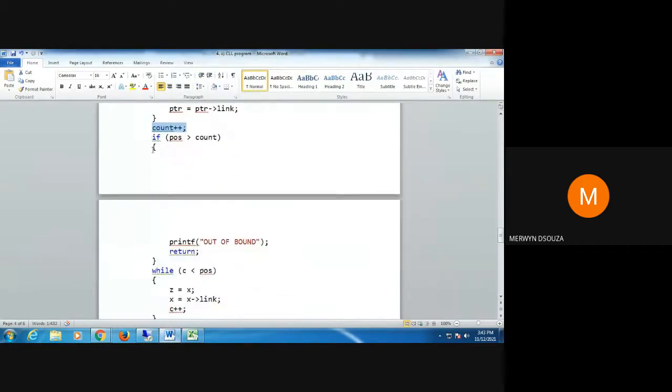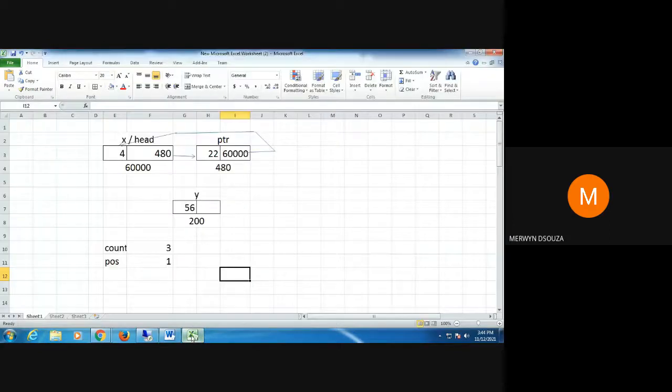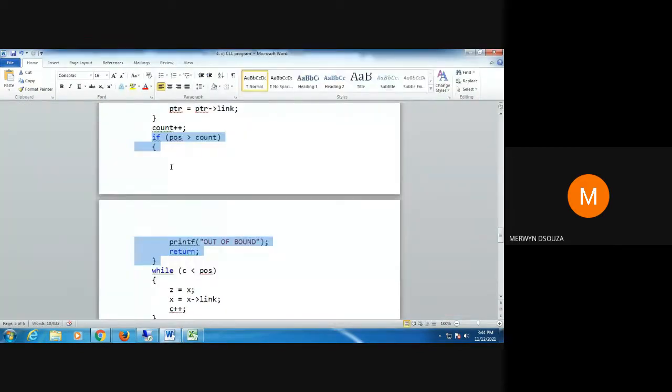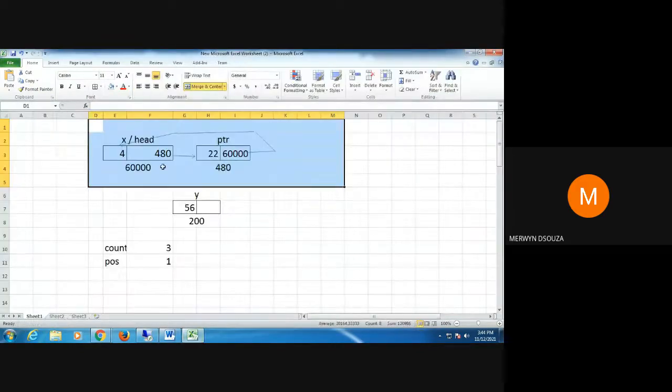Next, I check whether the position at which I want to insert a new node is greater than count. If it's greater than count, then obviously I am doing something wrong. I cannot try to insert a node at the 10th position because I have only 2 nodes. So that's what I'm checking here. When I check here, it's not true.